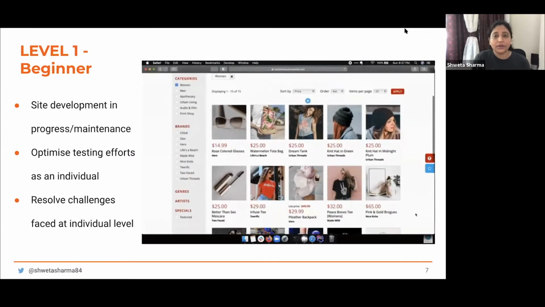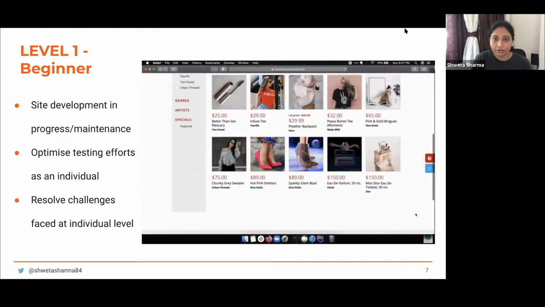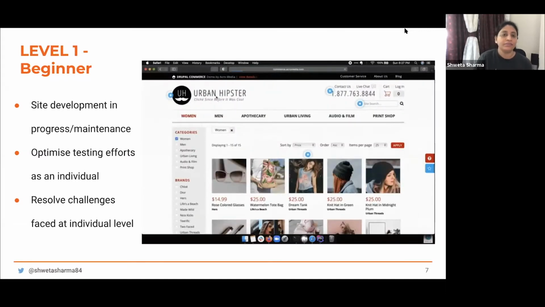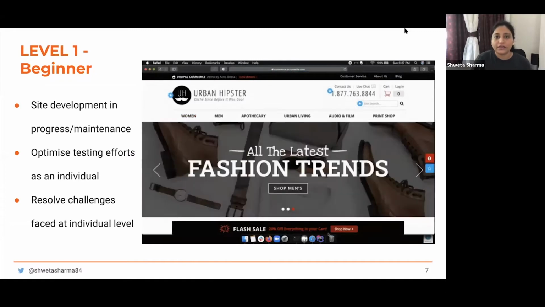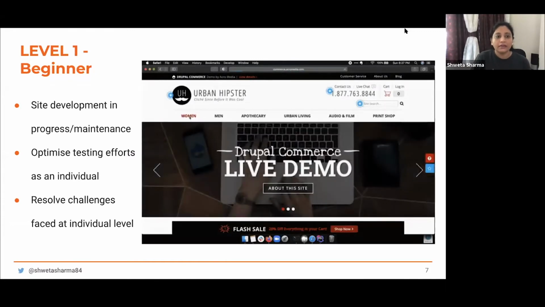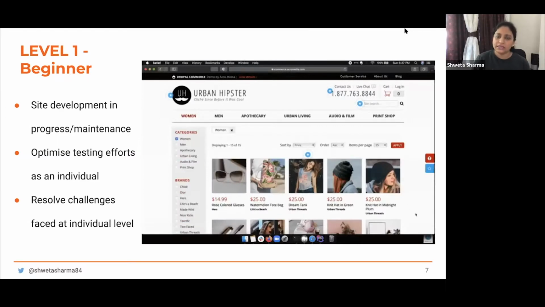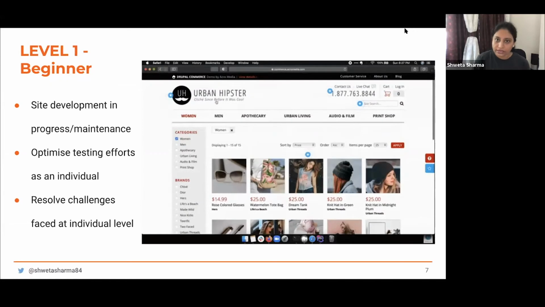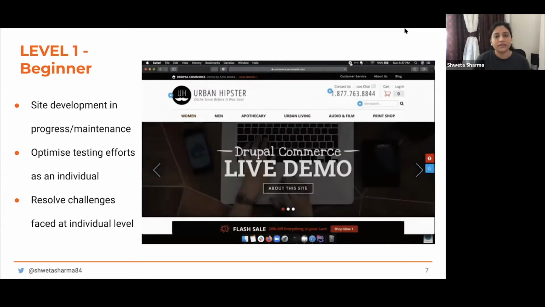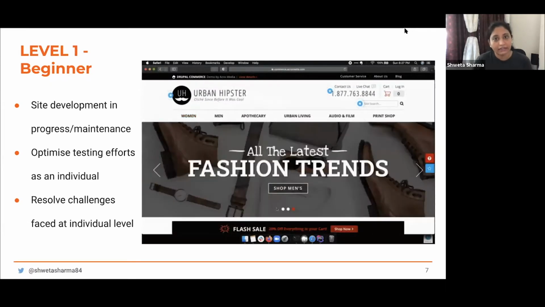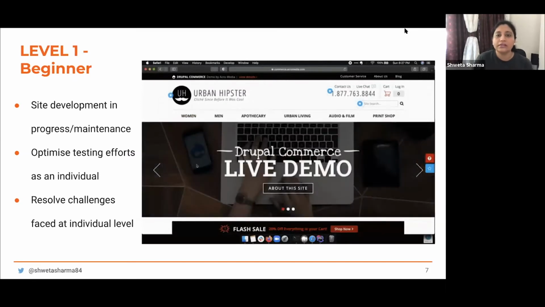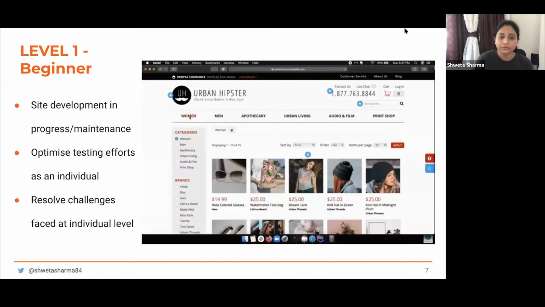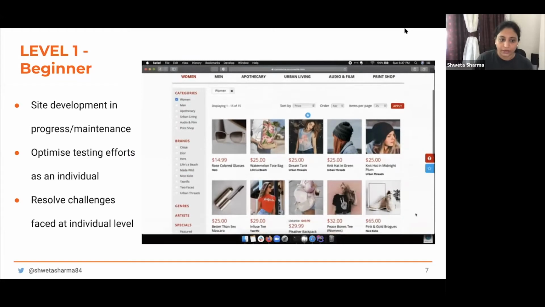So you are definitely trying to optimize your testing efforts as an individual, and adding mobile devices would also need that verification. Here we're going to assume that the site development is either in progress or in the maintenance phase, which means it's already live, and there are some small enhancements happening, say, not very frequently.